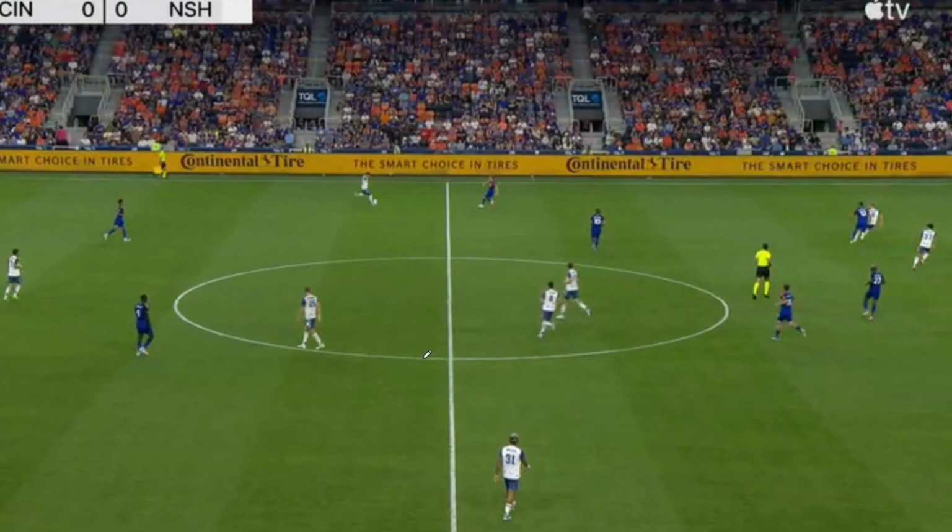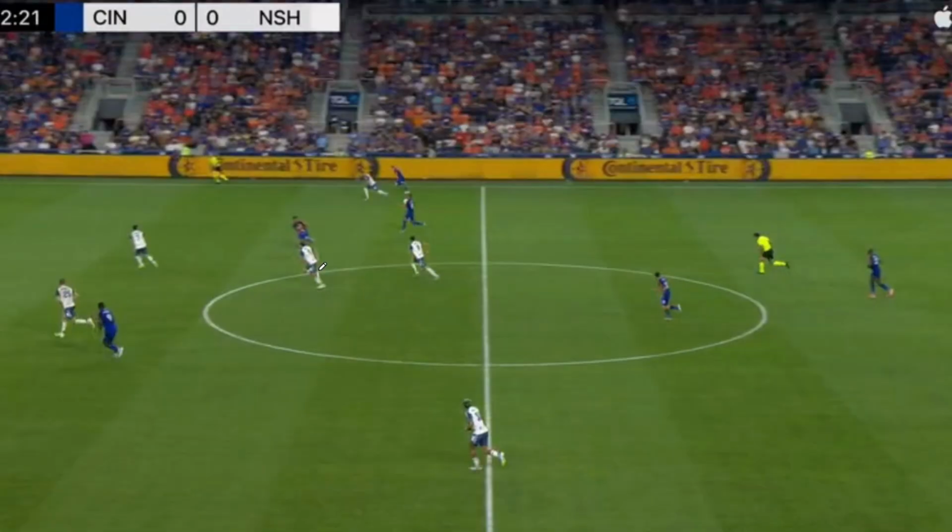The problem is what the rest of the players are doing off the ball. Specifically, these three players in this space here. No one is covering this space. We have the center backs very far away from each other. They're not aligned, and nobody is here to cover in the event that maybe Cincinnati wins the ball and sends it right back over. That long ball ends up deflecting off of the Cincinnati player, and they're on an attack,